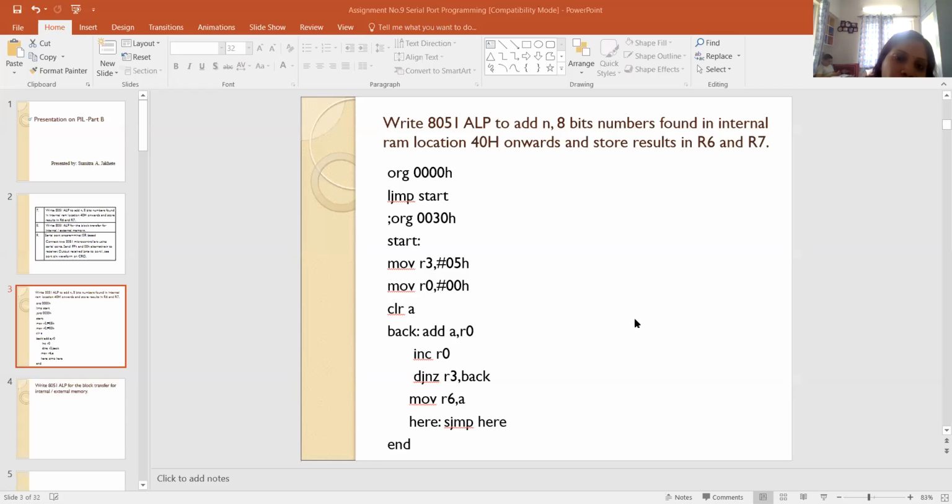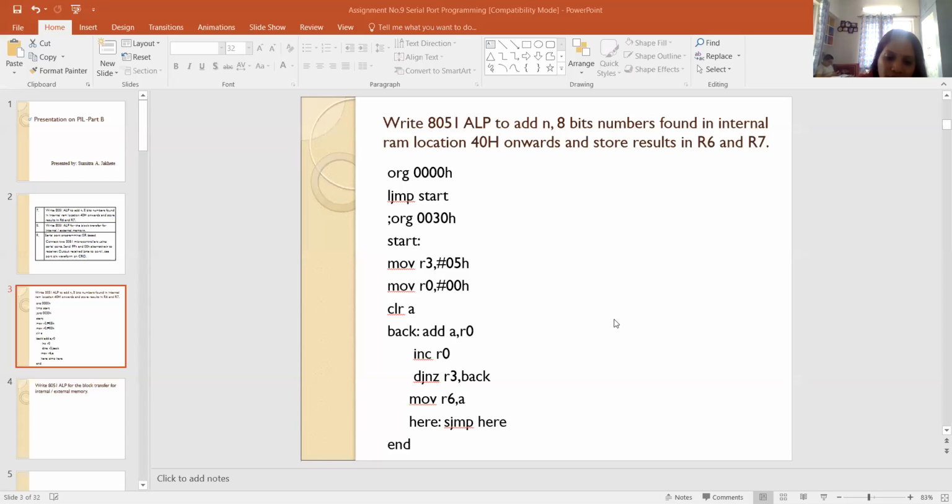Now here, our program is 8-bit numbers found in an internal RAM location at 48. You can use any location from 000 to 128. Any location you can use, but it says that you use 48 onwards memory location. So you can consider 48 or you can consider 00. It's just a part of a program. Now in this program, basically addition is expected.